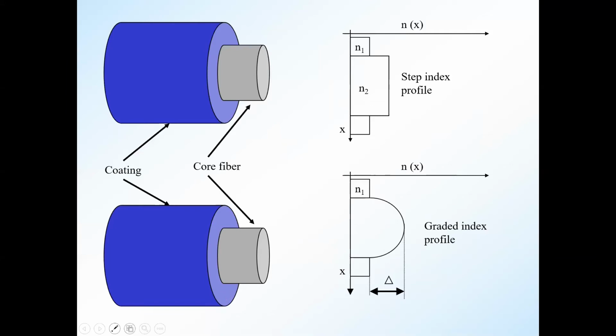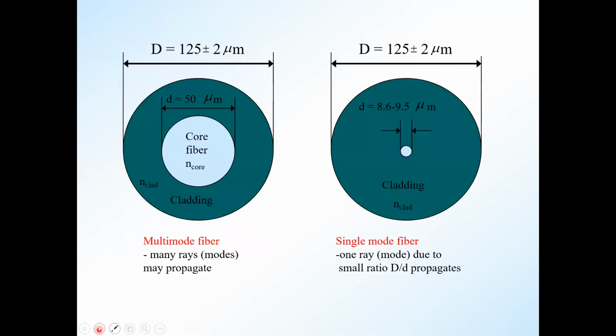Okay? Anything? Shall I proceed? Okay, ma'am. अभी next classification, these terms you will come across is single mode and multi mode. Single mode means, the word itself says, one mode can travel or one wavelength can travel through it. Normally the wavelength takes the shortest path. The shortest path is always following the core का axis. Okay, and cladding, and you can see the size is very small, and the multimode, the size is big because the large number of wavelengths can travel through it.